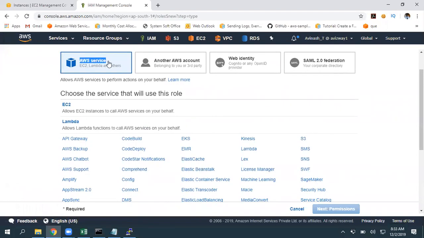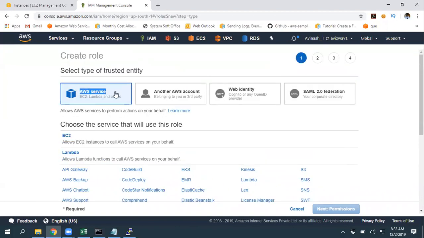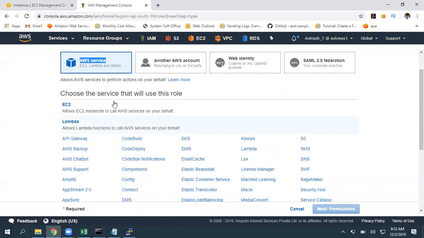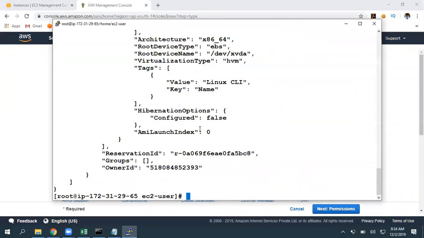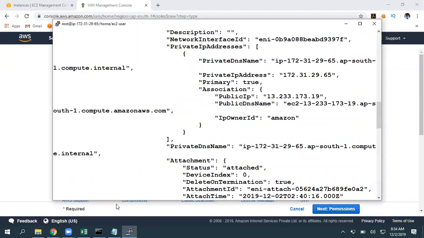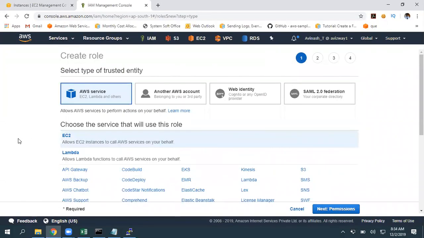Are you using this role in your own AWS account? Then select this option. Again, for what service are you going to use this role? I'm going to use the role with my EC2 instance. This role basically performs tasks on behalf of us. For example, from this instance, if I want to access some resources, it is accessing based on the configured CLI user, right? Now, instead of that configured CLI user, it is going to perform actions based on the policy we are associating in our next screen. So this is for our own AWS account.